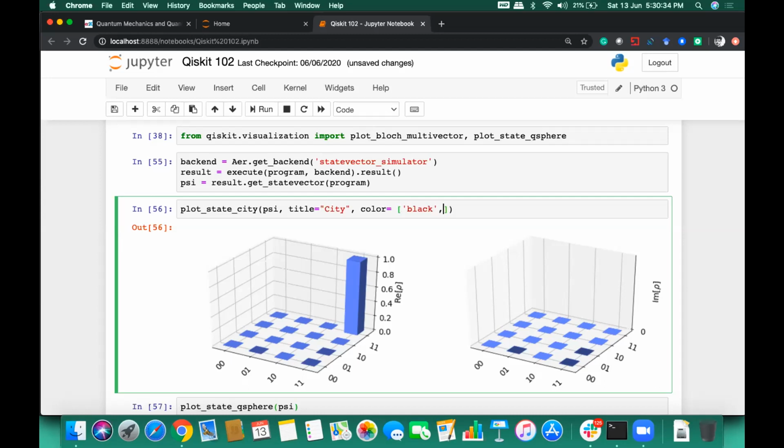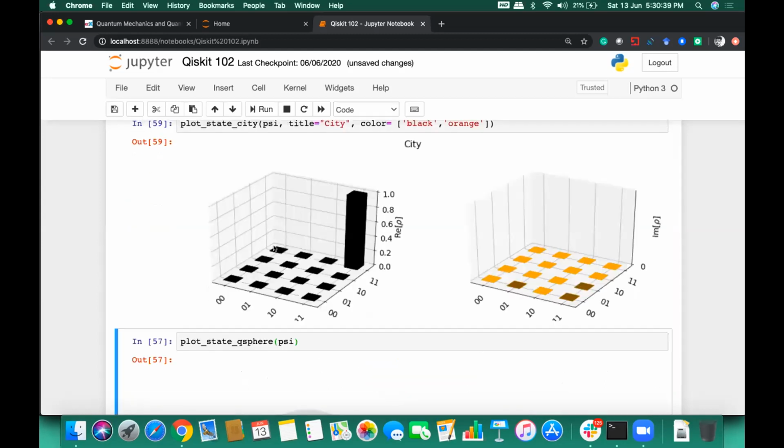Black and orange, for example. You can see the color of both the qubits will be changed. So one qubit has been represented by black, another is being visualized by orange color.